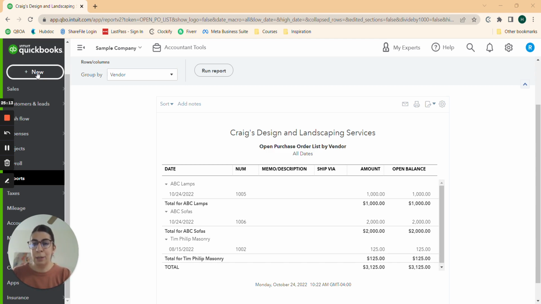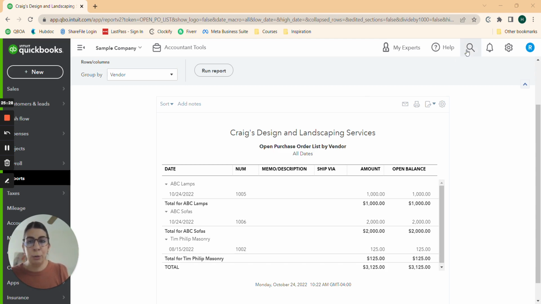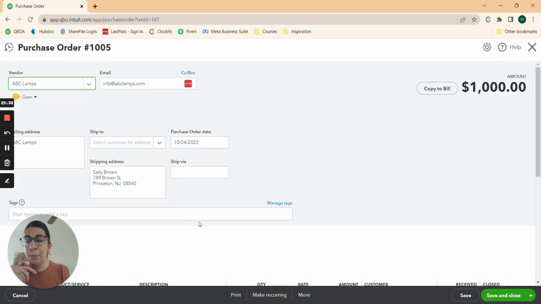Sally purchased a lamp, and Sammy is in the middle of a living room redesign. So that's our situation. Now we're going to assume that ABC Lamps has given us their approval. They have said, yes, we accept your order. So we are going to navigate to that purchase order, and we are going to now